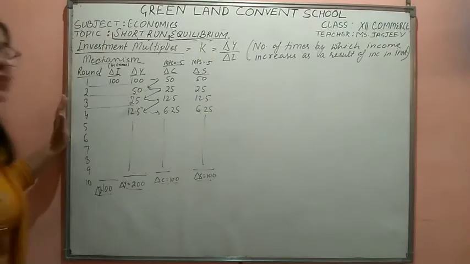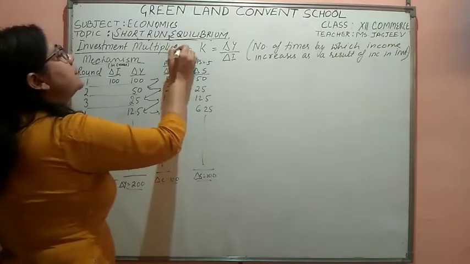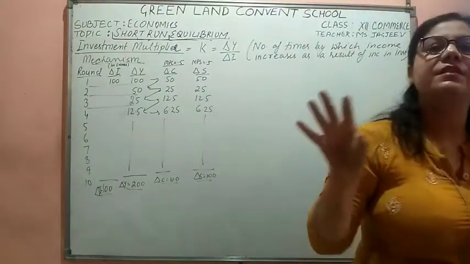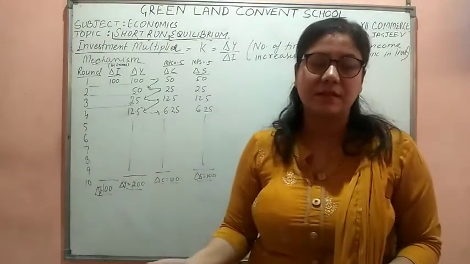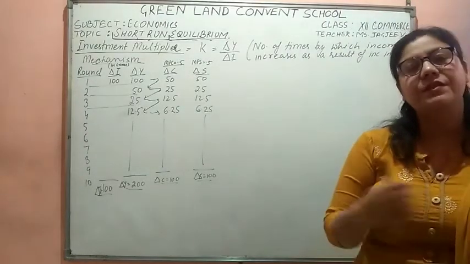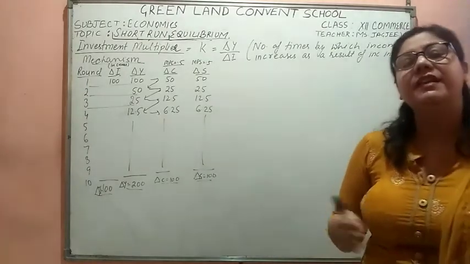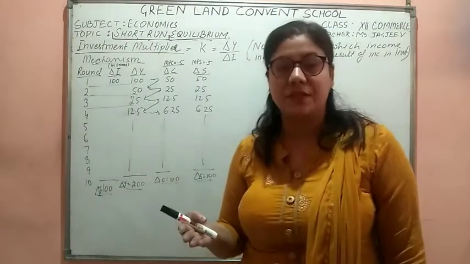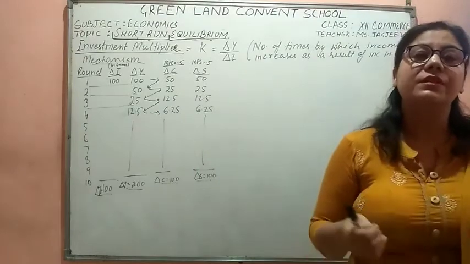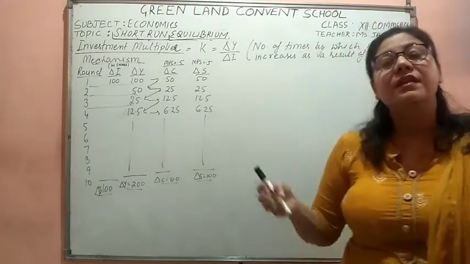Now the next topic of this chapter is investment multiplier. If we talk about investment multiplier, it means that whenever we do investment in the economy, it multiplies. Multiplies means it could multiply by 2, it could multiply by 3, it increases manifold. If we had done the investment of 100 crore, the income would not increase by 100 crore itself. It could increase by 200 crore, 300 crore, 400 crore. It depends upon the marginal propensity to consume, how people are consuming in this economy.